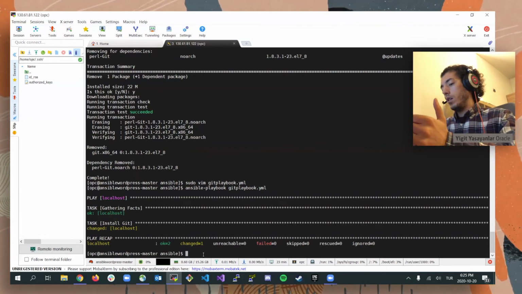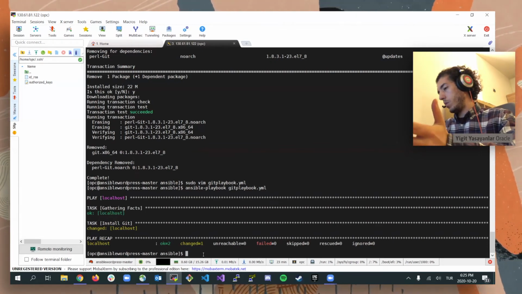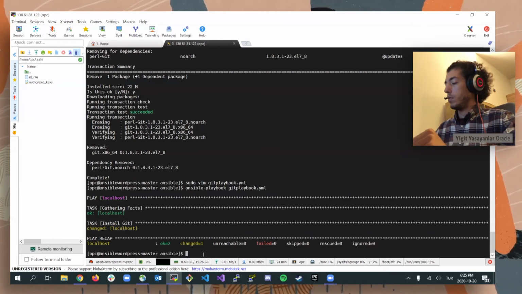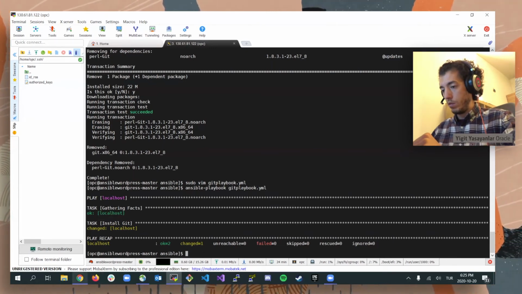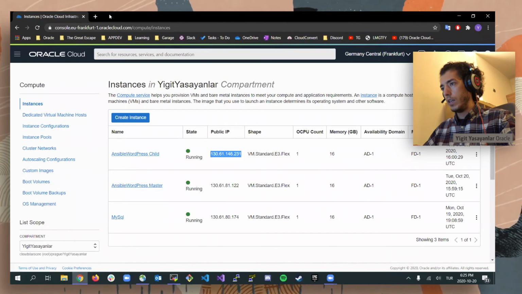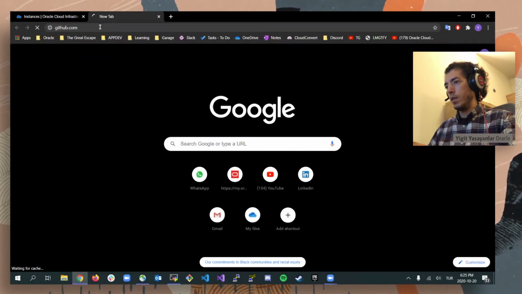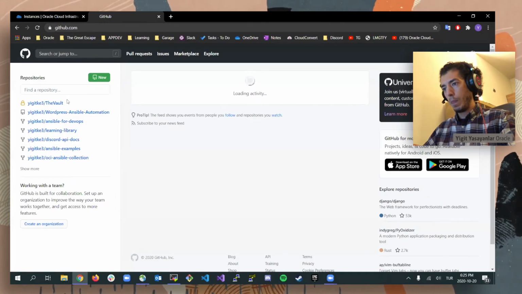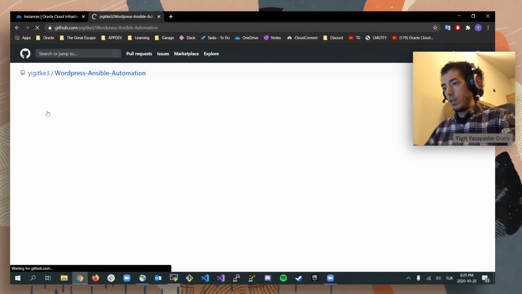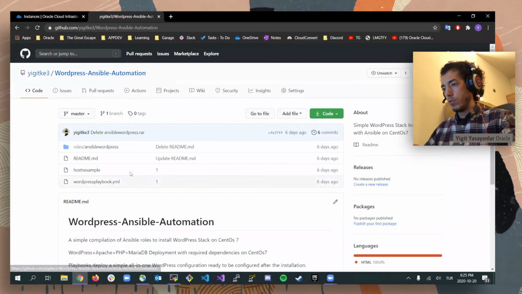So this can be called a role, and then we will check it in a little bit, and you will get the idea. So here, let's check my GitHub page, and here I have this WordPress Ansible automation,